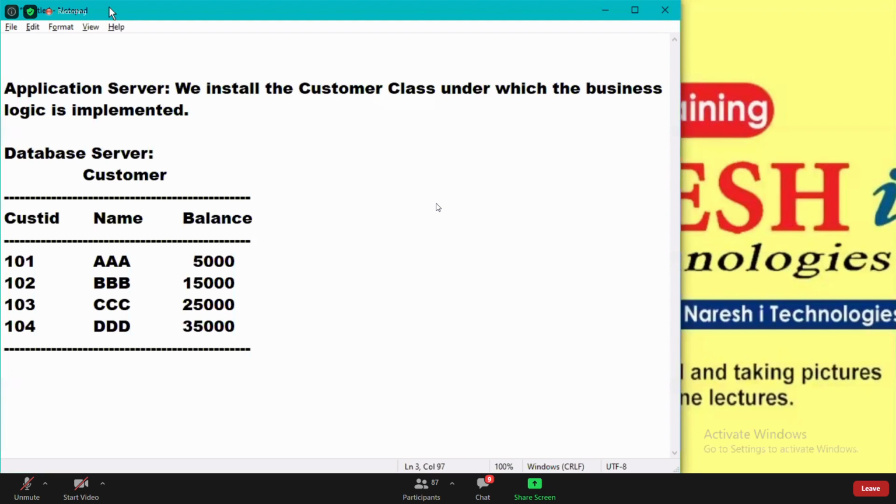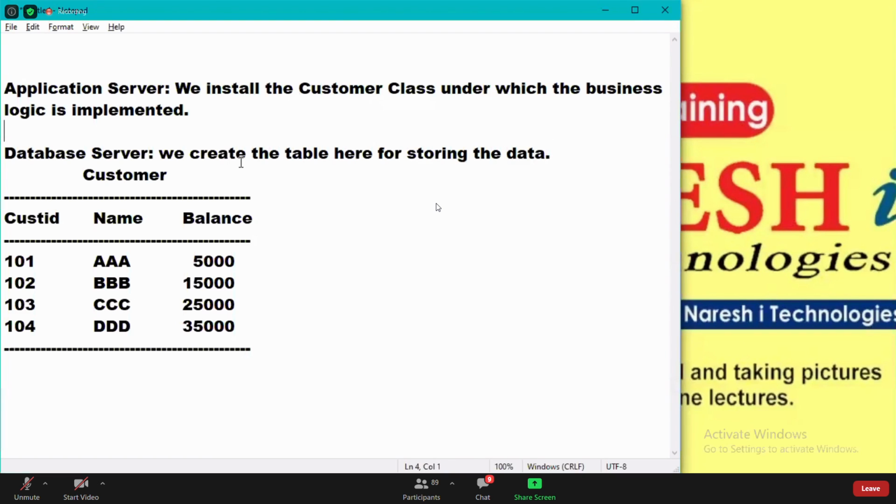We create the table here, where the data is stored, for storing the data.